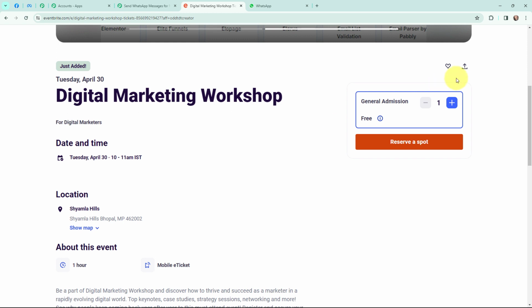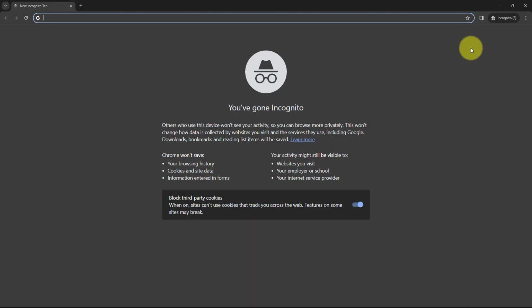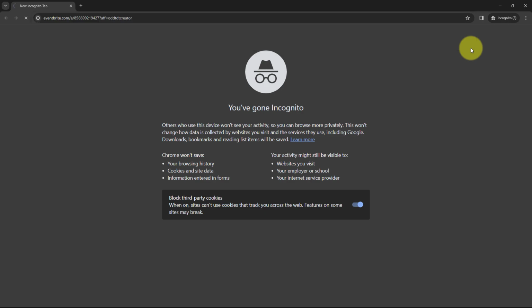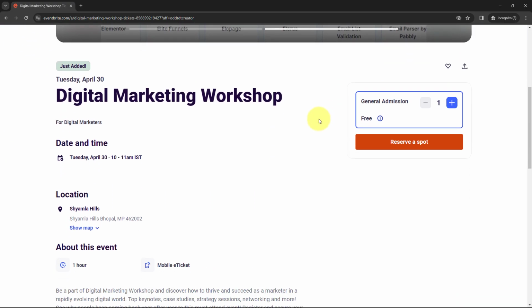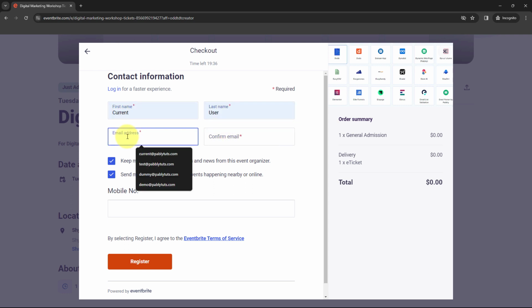So I'm going to open this event page in incognito mode. So over here I'm going to paste the page link. So this here is the event page, and now I'm going to reserve a spot. So now over here, I'm going to fill in the contact information. So let's say the first name is current, the last name is user. Here I'm going to mention the email address as